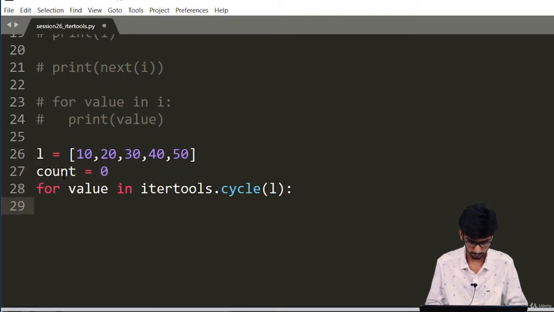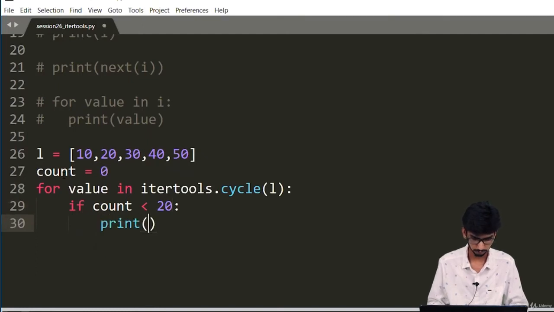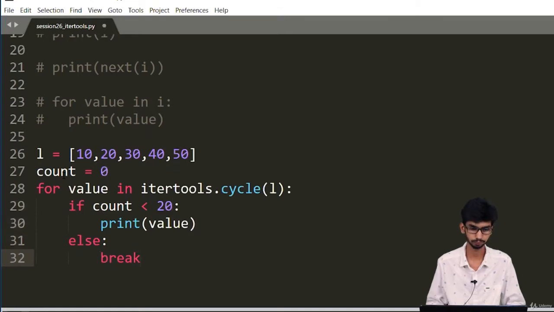That is the reason you have to provide some condition to stop the execution. So I'm saying if count is less than 20, then print the value, else break.